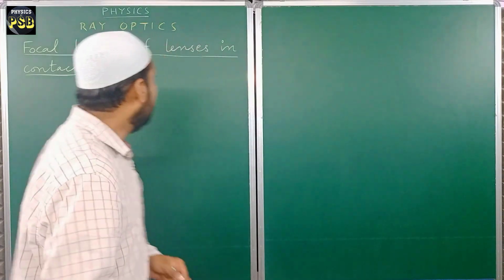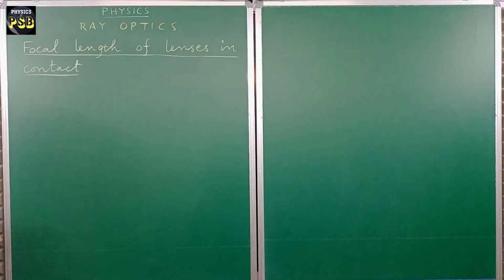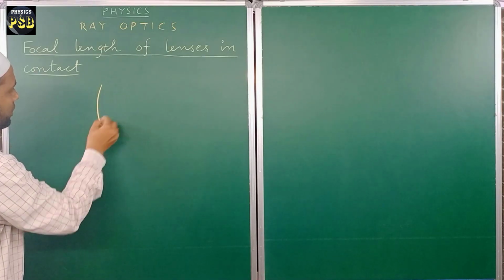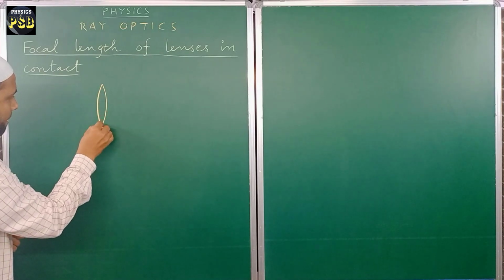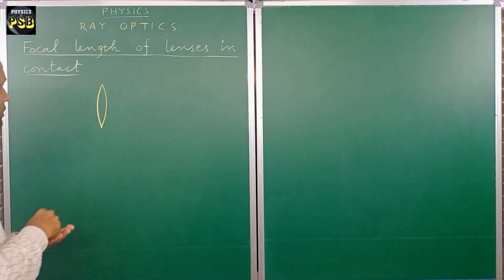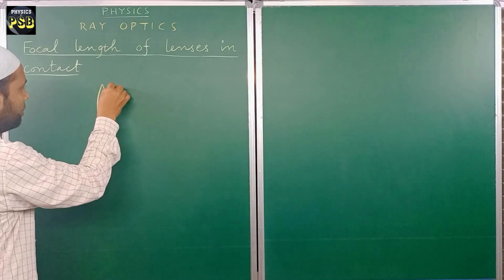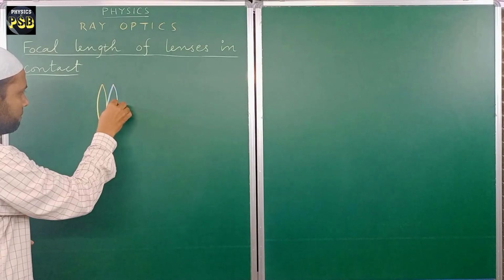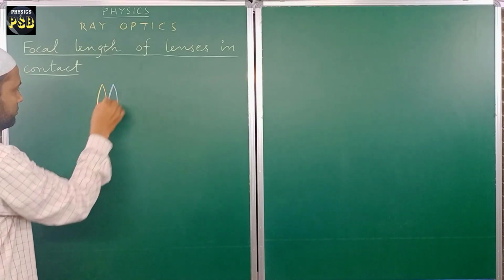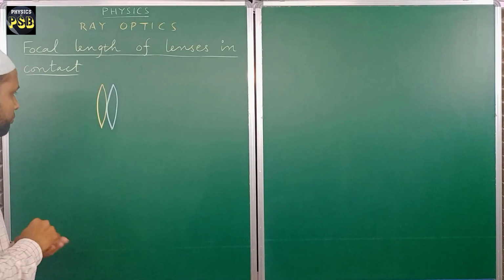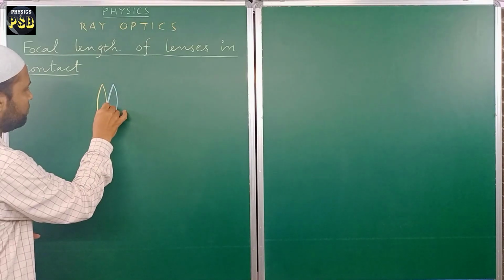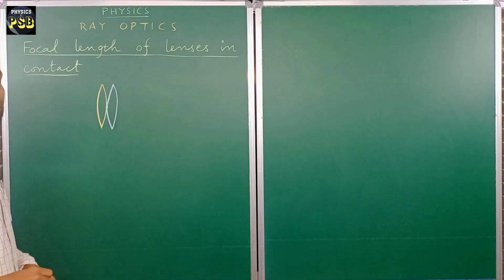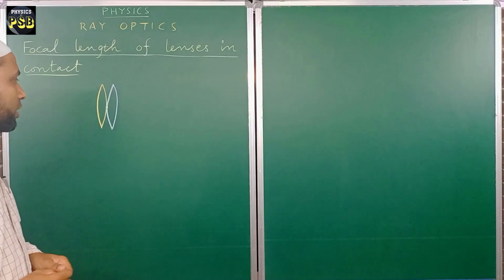For that, I consider two lenses. Lens 1 and this is lens 2, which are in contact. As you can see in the diagram, they are in contact. Now, I take this point where these two lenses are in contact as the